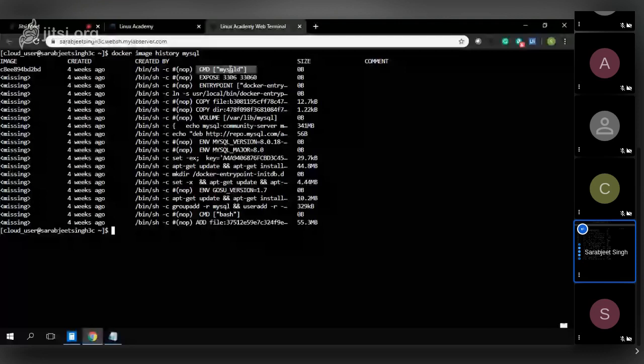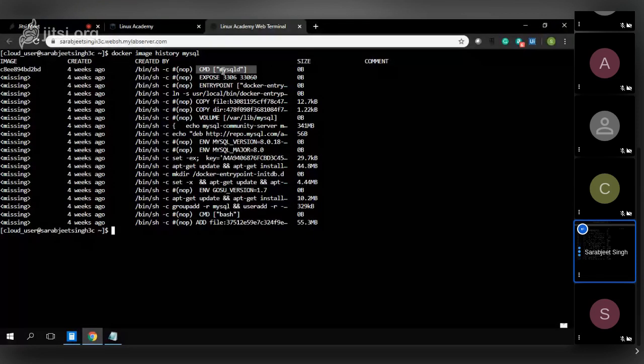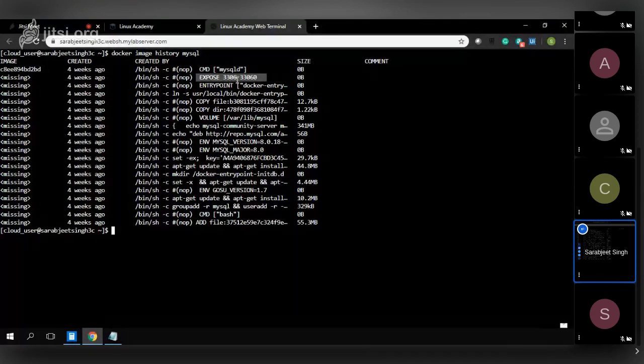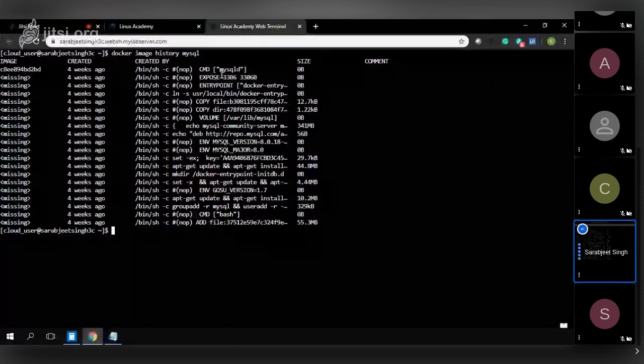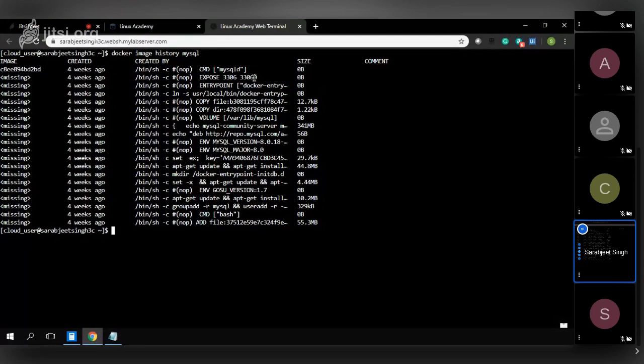This is the layer that is going to expose ports 3306 and 33060. So you can expose multiple ports with this command. You just have to give a space,